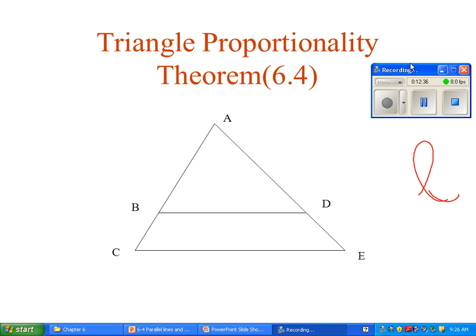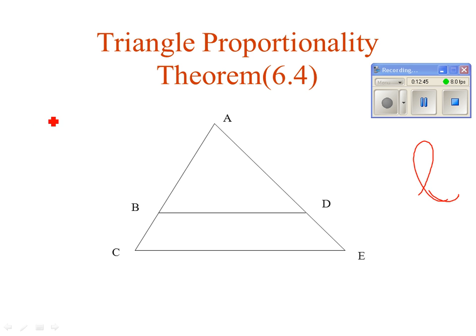This is the first theorem, triangle proportionality theorem. This is the one that we talked about with that other problem. Now I'm just going to write a proportion for each of these. This triangle proportionality theorem says if you have some segment that goes through the triangle and it's parallel to one of the sides of the triangle, then